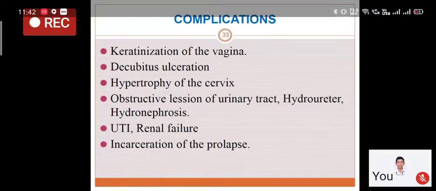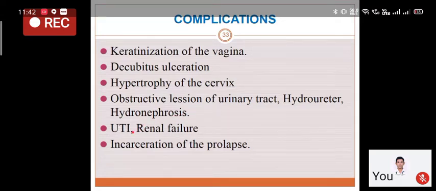Okay, so when the cervix is coming down to the level that it comes out of the vagina, out of the introitus, and is lying outside, I am talking of procidentia here. Then there can be severe kinking of the bilateral ureters that can lead to hydroureter and hydronephrosis. So if the patient has procidentia, you always have to see the condition of the ureters, because she may have associated hydroureter and hydronephrosis of the kidney.